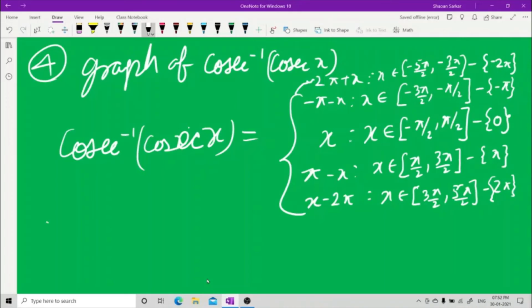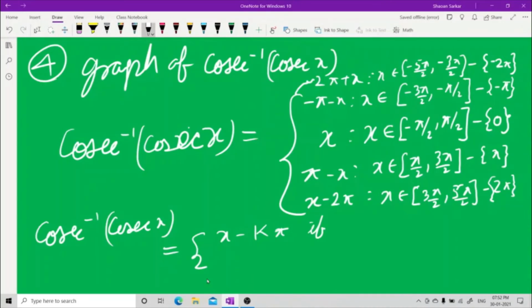And the same thing you can write down here as you wrote for cosec x. Cosec x is equal to x minus k pi if k is even, and k pi minus x if k is odd. And the graph is,